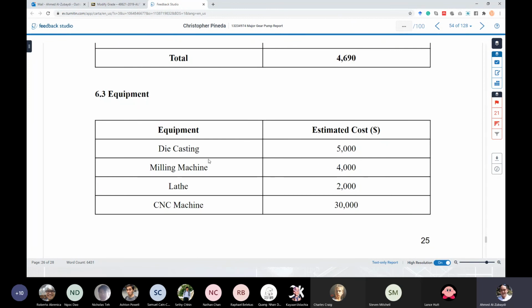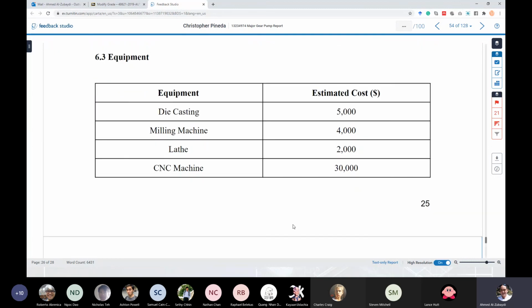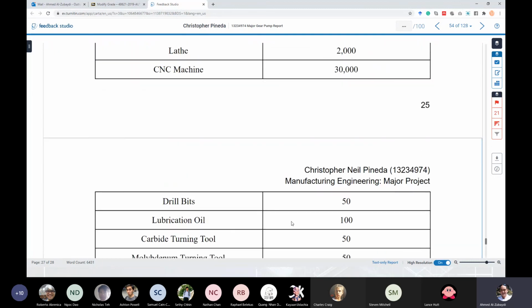Now, he didn't mention anything about the sand casting. He just kept repeating the die casting. We have the sand casting. Die casting machine is never going to be $5,000 because we said that the mold is going to be too expensive. Anyway,